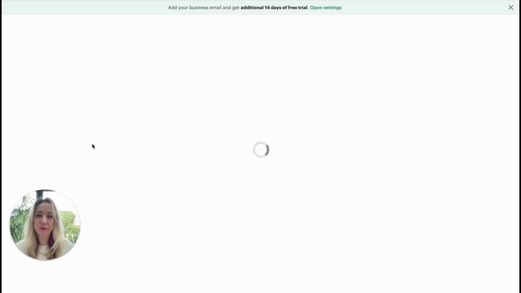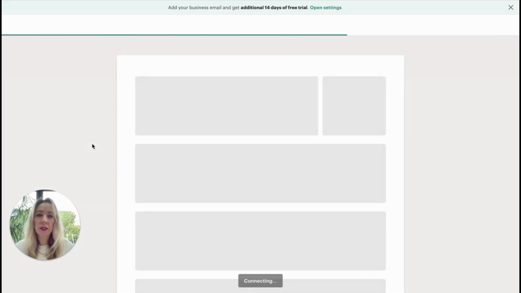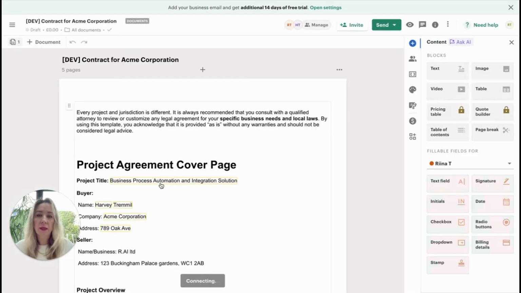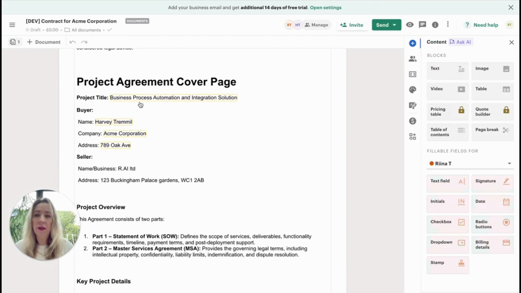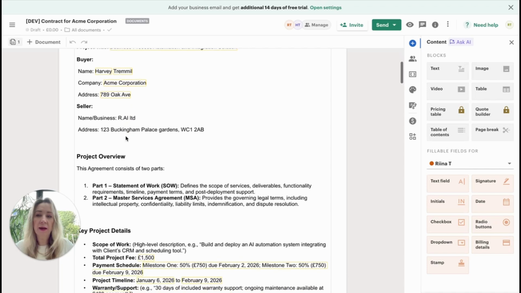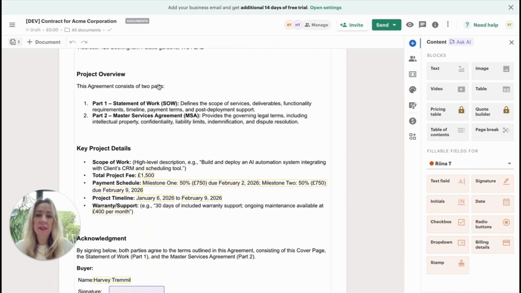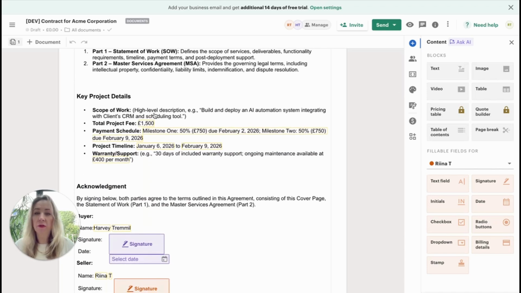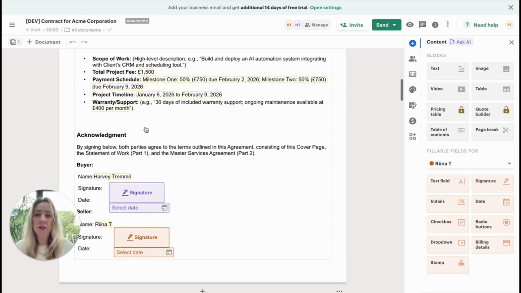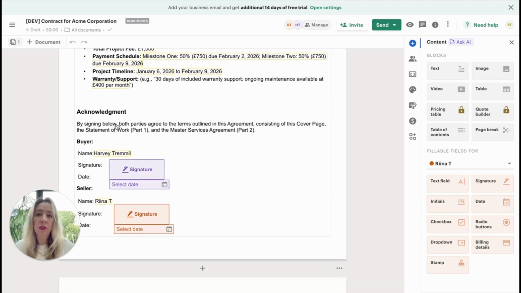Okay, let's open the contract. Cool. So here we've got all the bits that have yellow frames around them, which are generated by the AI. Other bits are static as part of your contract template. So here we can see we have a contract fee, milestones, timeline, warranty. It all depends on what has been discussed on the call, but basically the transcript has been taken and dissected into bits that are relevant for the contract